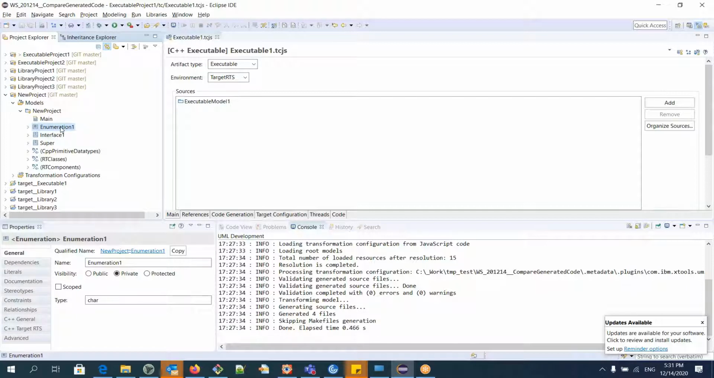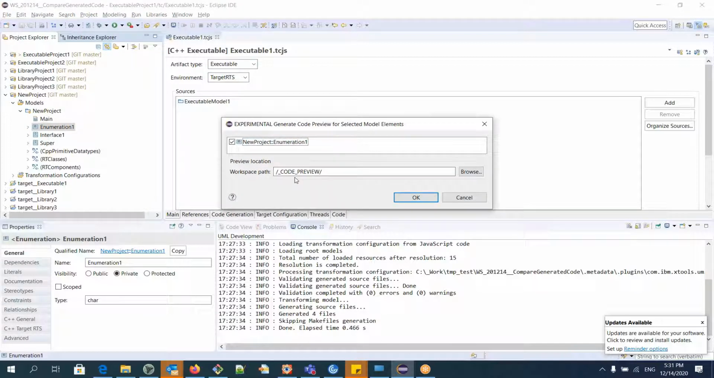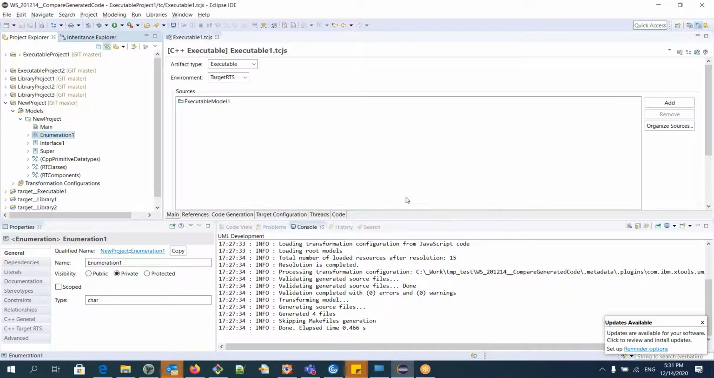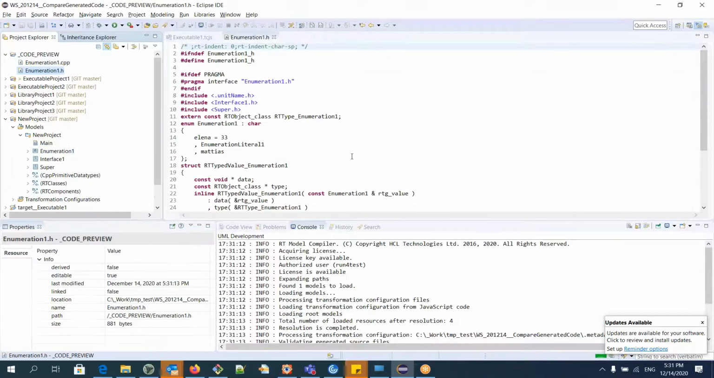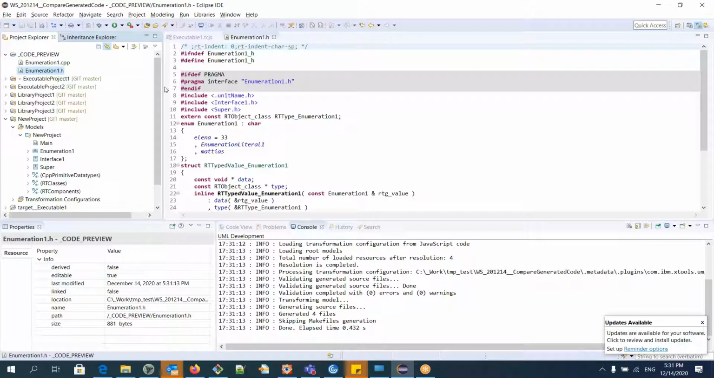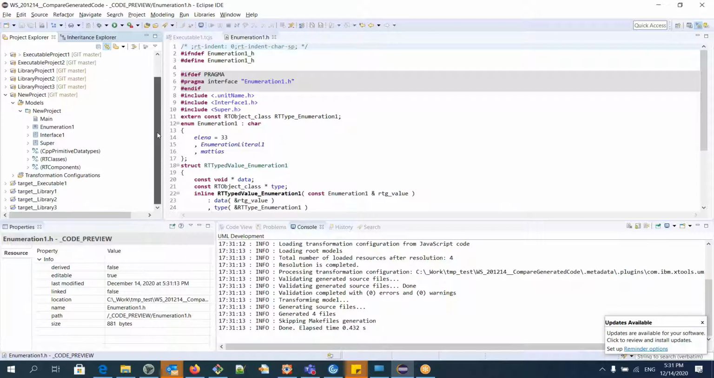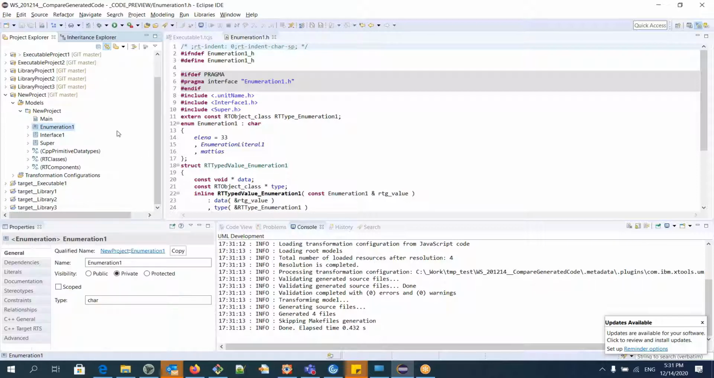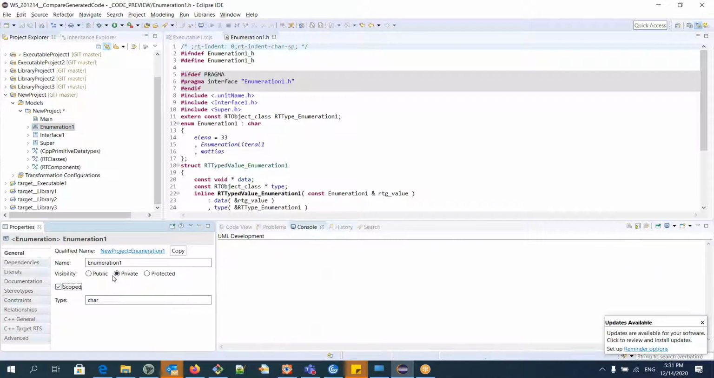I press Alt-Shift-E, and now since I have removed this code preview, it will ask again for the first time what is the location where you want to get it. So I will use this default location. And now I get the version of my file, and I can, for example, do some experiments. For example, this scoped. If you don't know what this checkbox means, you can try. And now I press